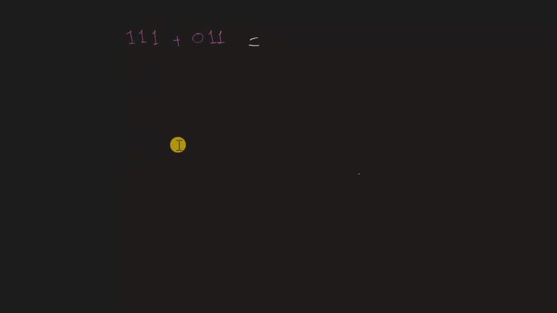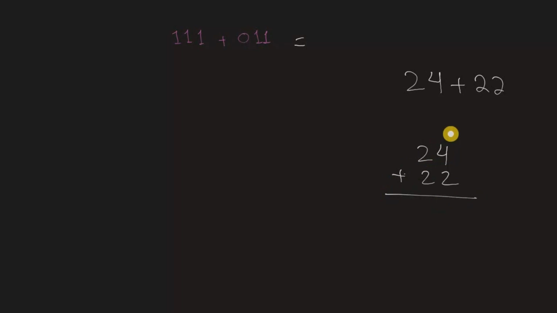So we have these two numbers given and we want to add them, but we want to add them in binary. So to do this you need to go back into elementary school. Remember, like in elementary school, if I would ask you guys to do the addition of these two, how you would do this, you would write like 24 plus 22 like this, and then you would do the addition like this, right? So you would do like 6 and then you put 4. So this is how you would do it in elementary school. So just like that you're going to do it with the